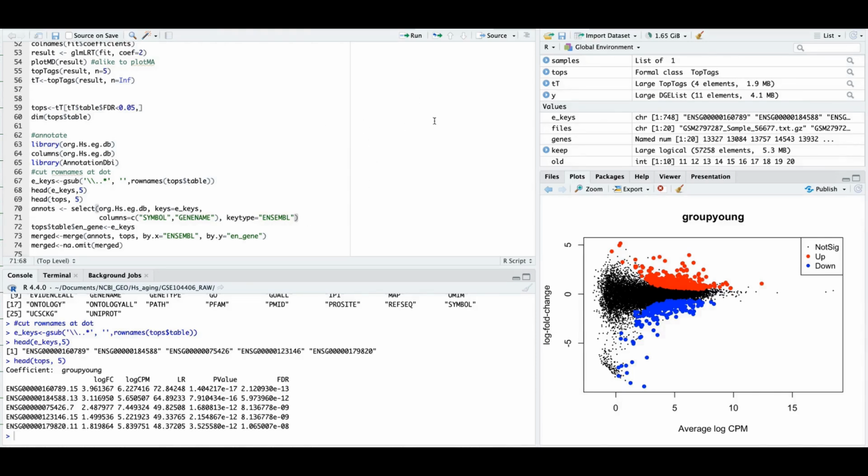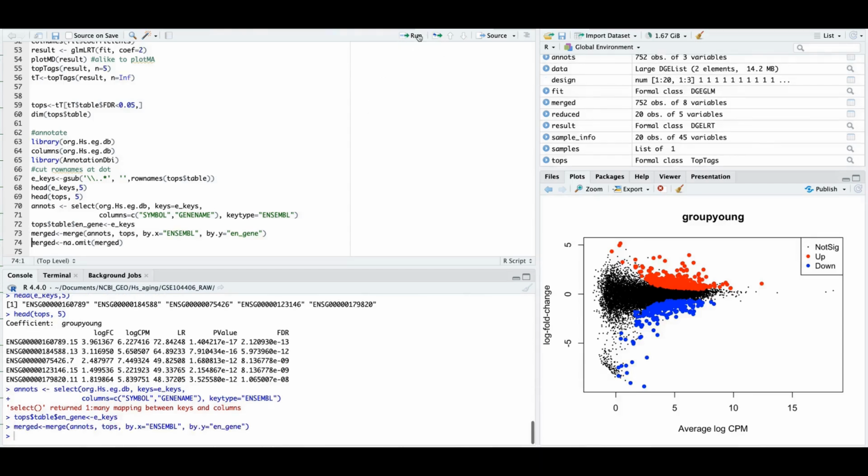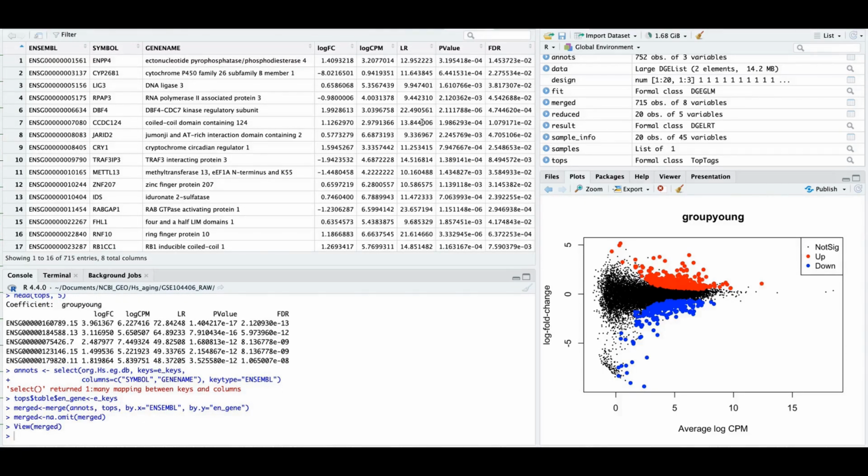And then you do a selection of annotation. One to many means that there are more lines with the same gene name. There are some multiple transcripts associated with some genes. And then you merge those two, and then omit those which have no gene names. And this is your end result, which you can enjoy and do